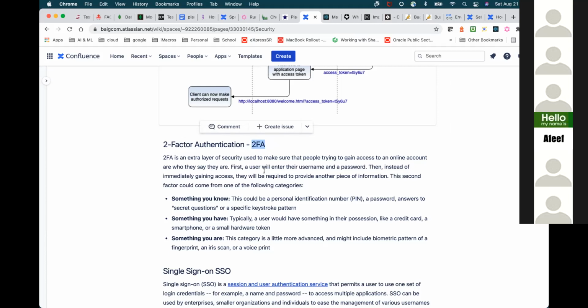And I think we should always enable two-factor authentication, because these days it's become very easy for you to lose your user ID and password. Some people can easily guess it or access it, or there are ways to access this data. So it's very popular, and like I mentioned, they will ask you for something you know, something you have, or something you are. So that is like a second factor authentication.